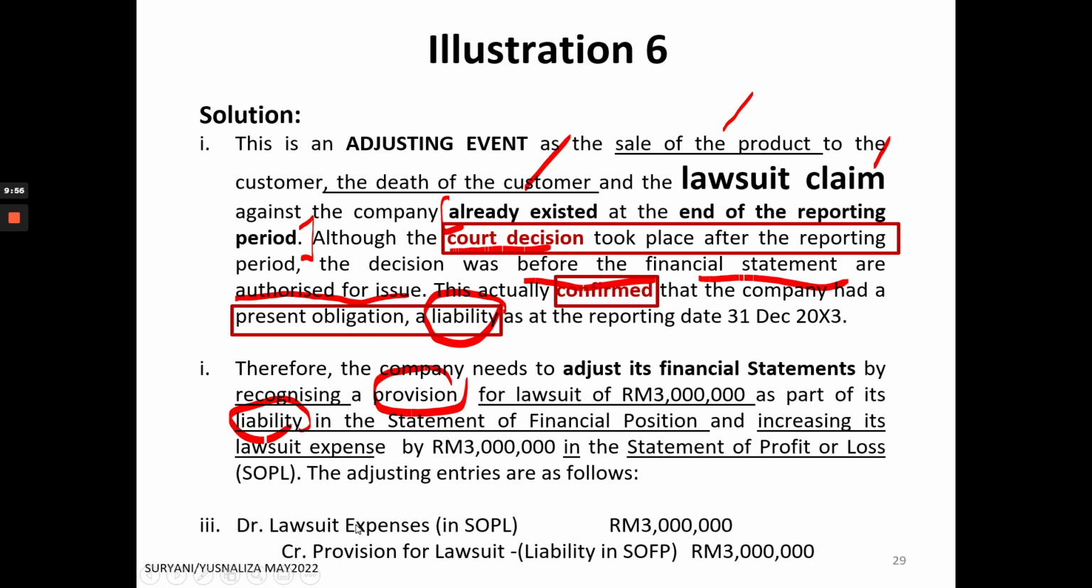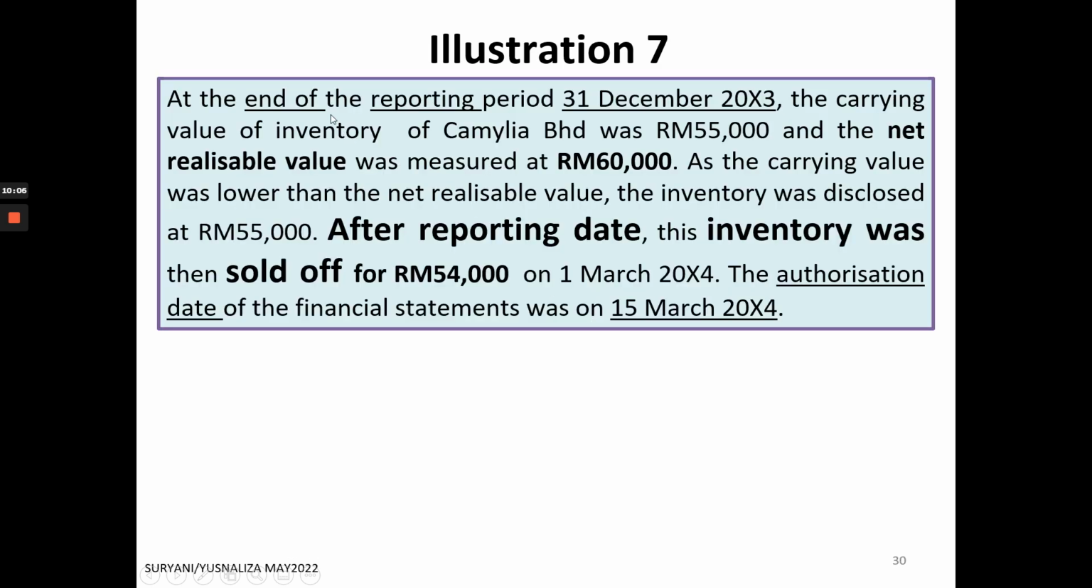So you need to increase the lawsuit expenses as well as increase the liability in the SOFP, the provision for lawsuit, and that was for 3 million. Next is illustration 7. This is still relating to the illustration for the adjusting event. You have the company at the end of the reporting date, the company called Camellia. The reporting period was 31st of December